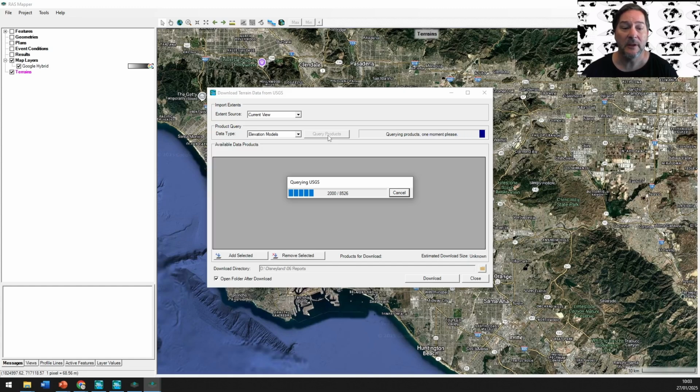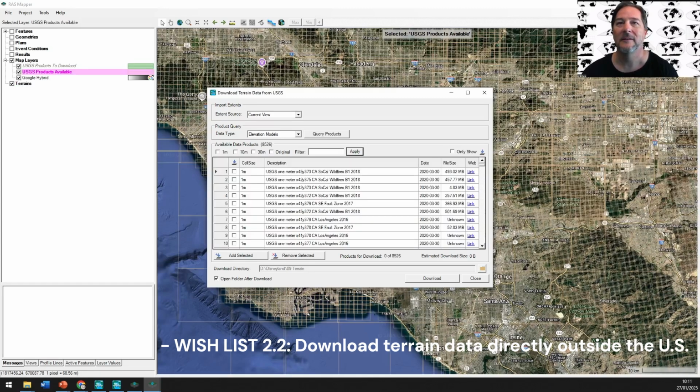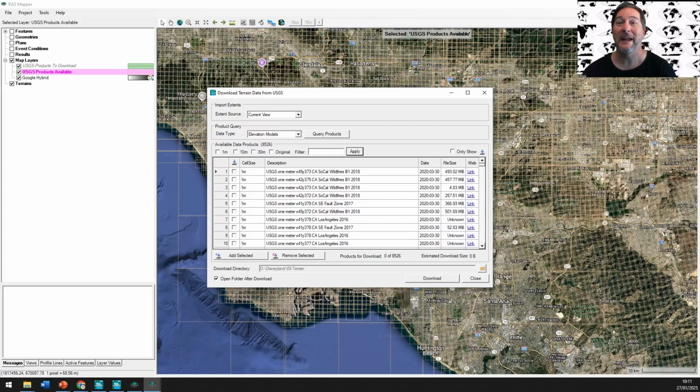But even though they've got the whole planet covered in their database, with RAS Mapper at the moment you can only download the data directly for the US. So here comes wish list item number 2. Maybe that's far-fetched, but I'm hoping the rest of us international freeloaders will be able to access all the areas outside the US someday. So it looks like it has grabbed over 8,000 data sources for us to potentially download,